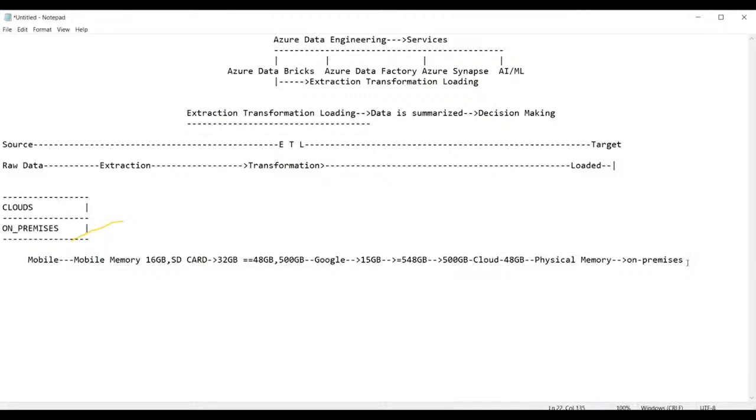Like you have on-premises data. Just for 548 GB, which is required for us, what we have done is we took the support of the cloud rather than the support of the mobile phone. So you have moved from the physical mobile phone memory to cloud memory, that is Google Drive memory.